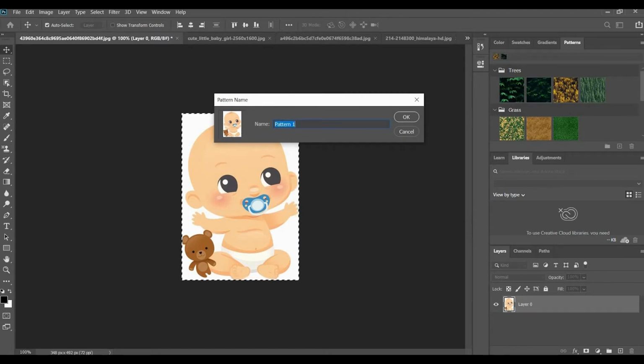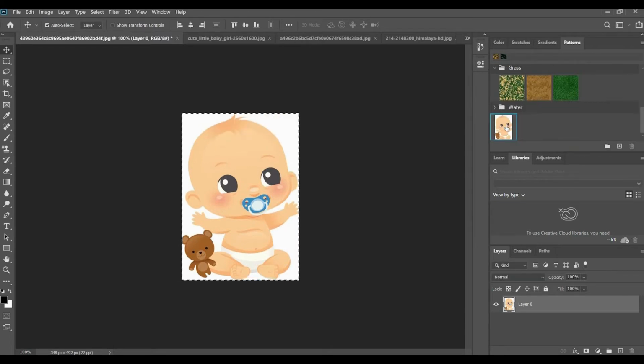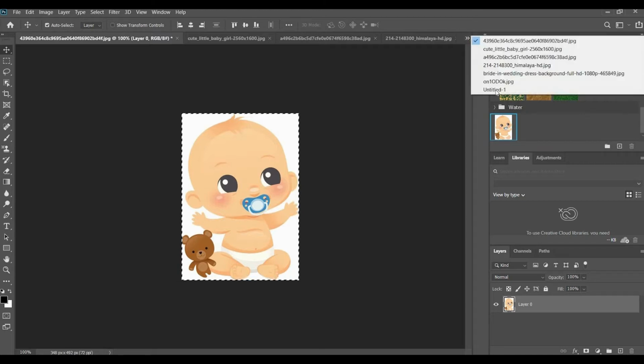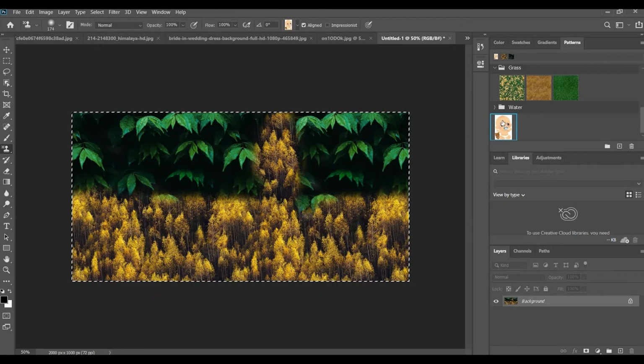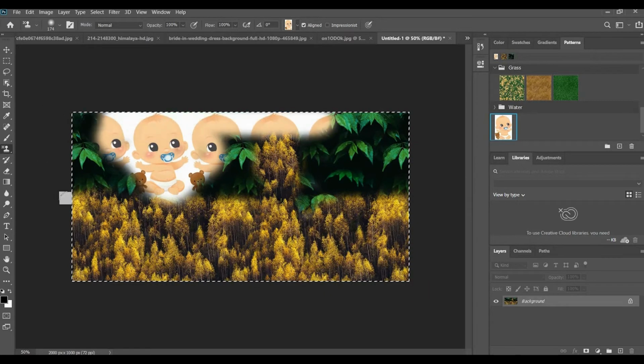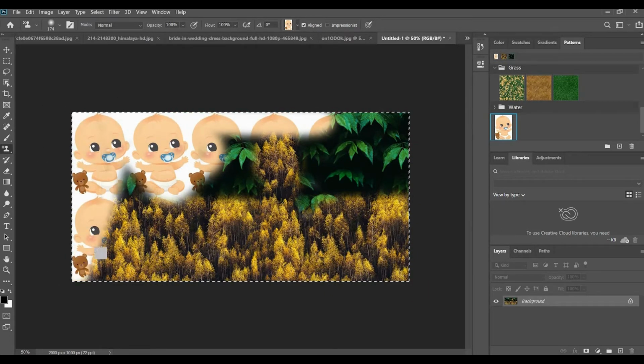I am going to give the name Sample 1. Now the pattern was created. Go back to the pattern stamp window and click on this pattern. So the pattern was created as per our image.